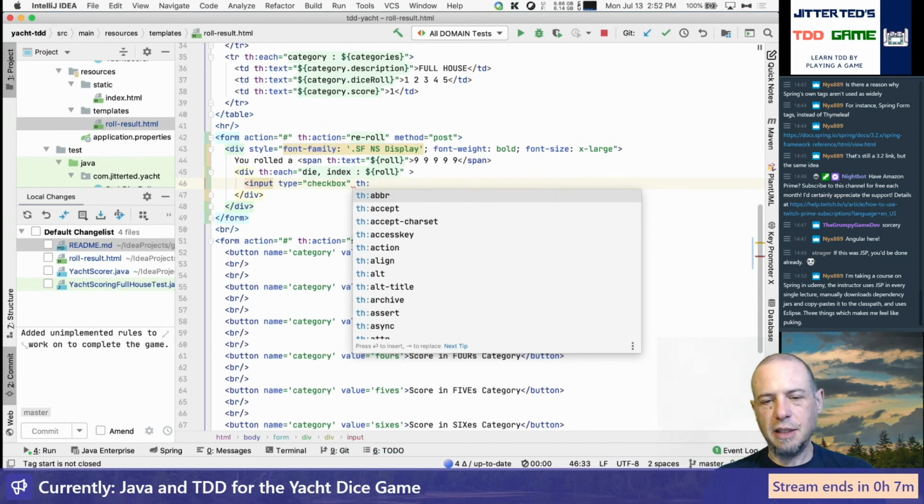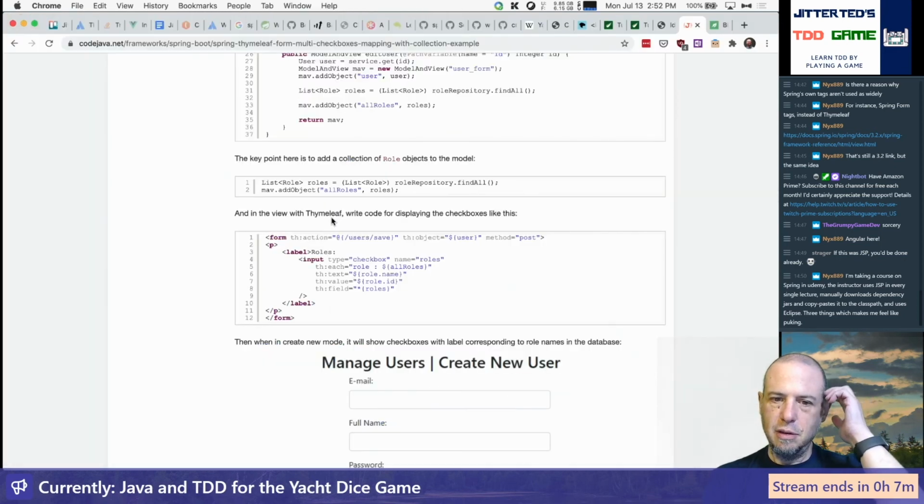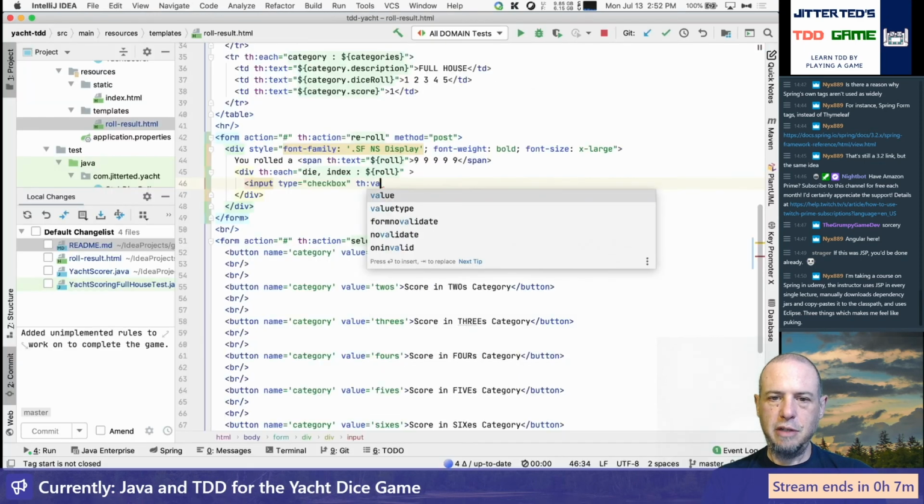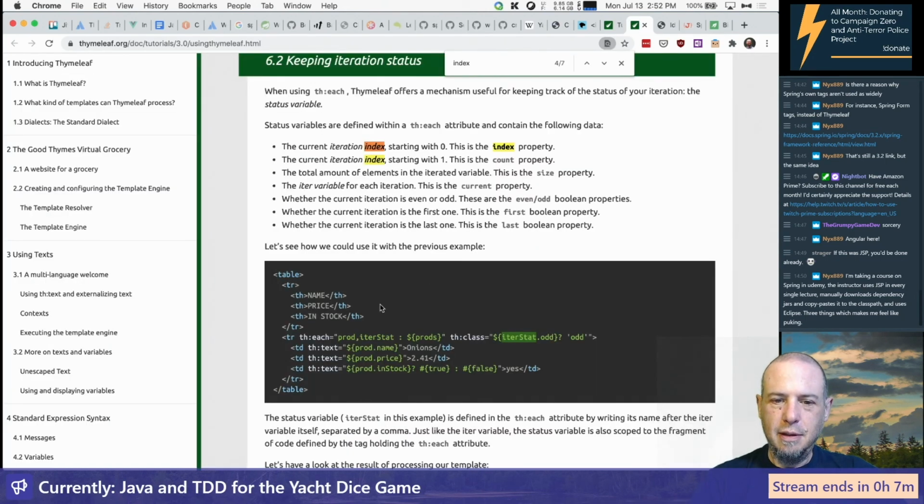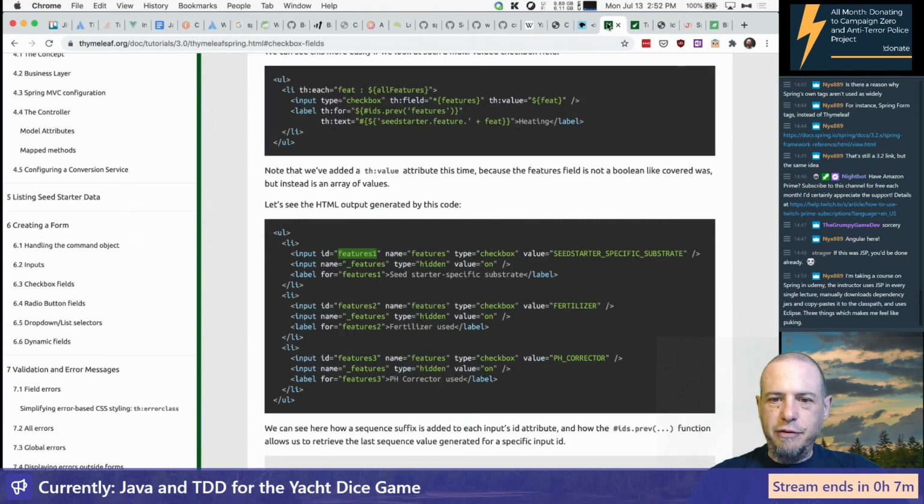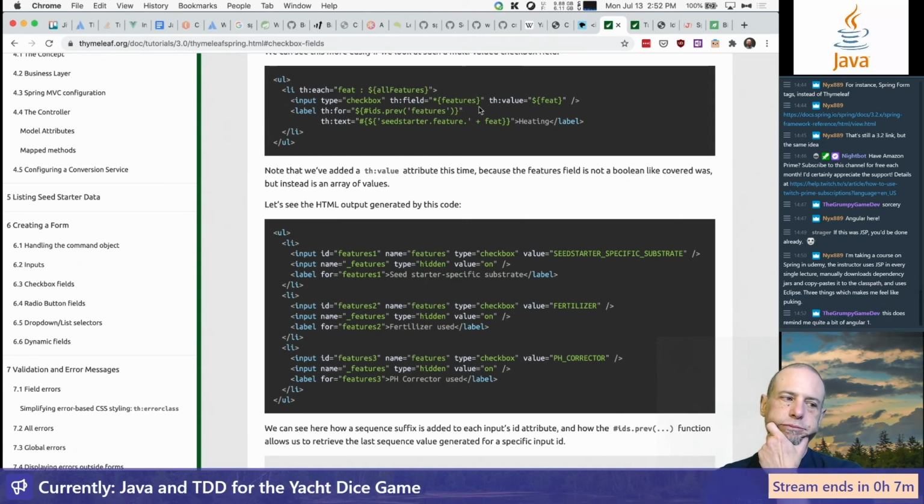So let's see, the typist checkbox, the field, th:field, th:value, what was it? All right, so we got that part figured out. So what we want is th:field, probably isn't going to be what we want because